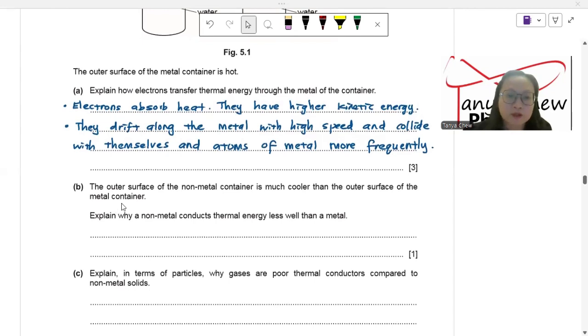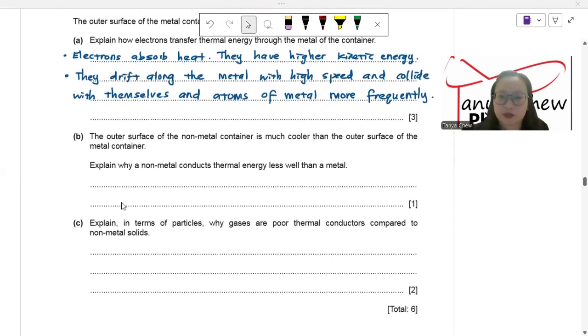Now, B, the outer surface of the non-metal container is much cooler as compared to the outer surface of the metal container. Explain why non-metal conducts thermal energy less well than a metal. I thought I reviewed the answer just now, right? I said that because metal contains free electrons, whereas non-metals have no free electrons to help them to conduct the heat, right? So the answer is